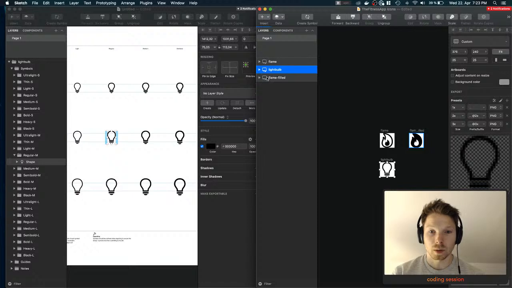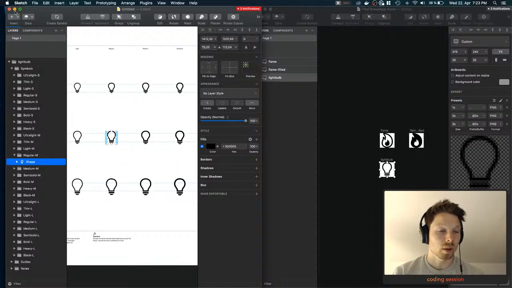Feels more in order for me. So this is flame and flame filled. Then we have light bulb, and we want light bulb